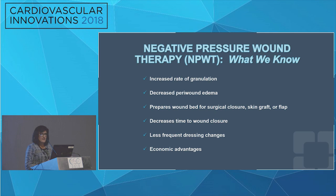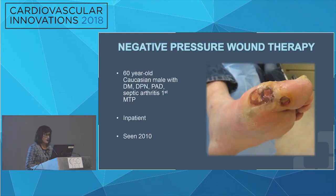Economic advantages: while it may seem expensive, if we can decrease length of stay, decrease our trips to the OR and increase our wound healing capability, we have economic advantages, and that has been proven over time in different specialties. So going back to some of my first usages of negative pressure wound therapy, I had a patient come into the outpatient clinic,